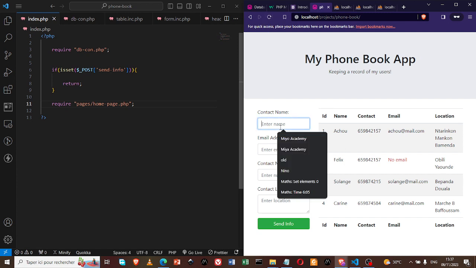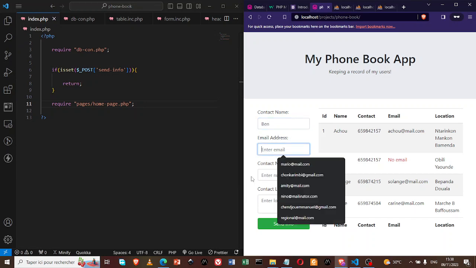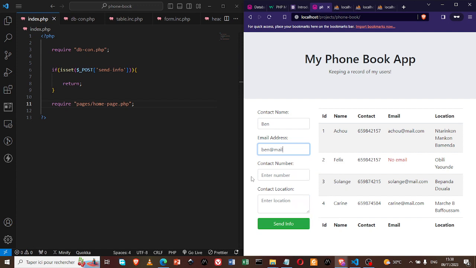We'll fill this form. Let's try to add someone else we don't know of. Karin, Solange, Felix, Acho, Ben. Here, email address, we put ben@mail.com, and then contact is someone. Cool, we put that number there, and then for their location, I don't know, Ben could be from Garoua. I don't know anywhere in Garoua. Nowhere. I'll just say Garoua. Okay, when I click on send,